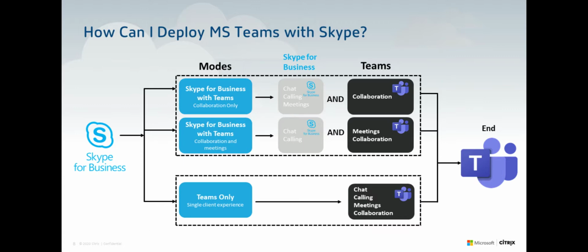What I've seen most is where chat and collaboration are deployed in Teams first. That allows users to get acquainted with the user interface and how to maneuver the Teams UI. And eventually, there is a transition for meetings. And so calling and meetings are now part of Teams, and Skype is deprecated for anything related to multimedia.